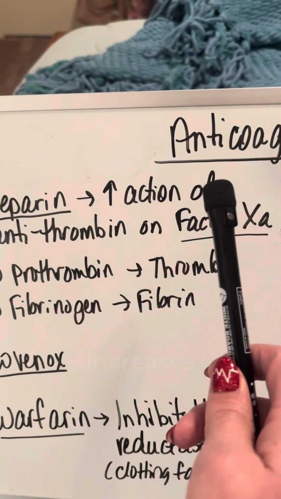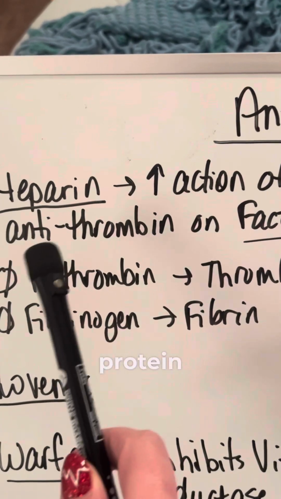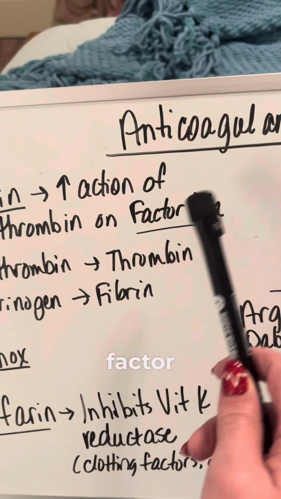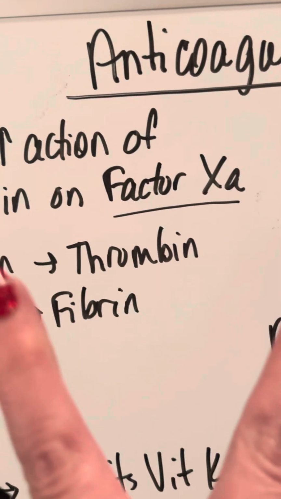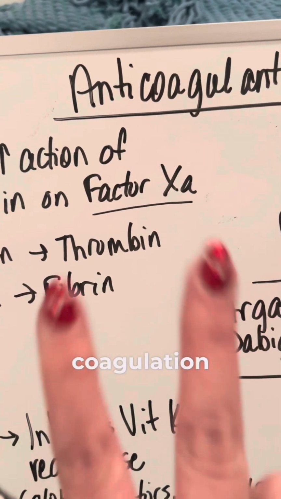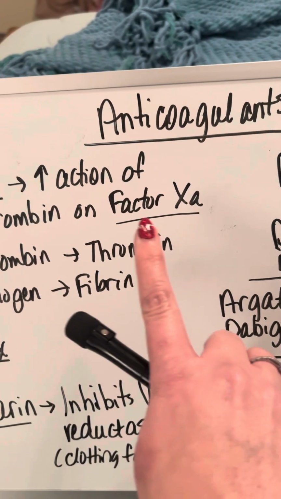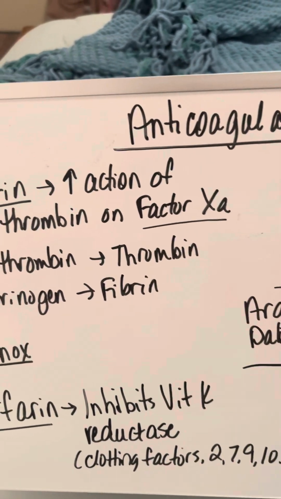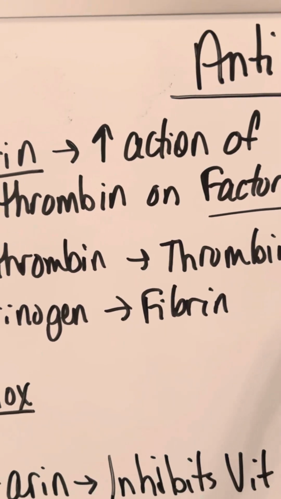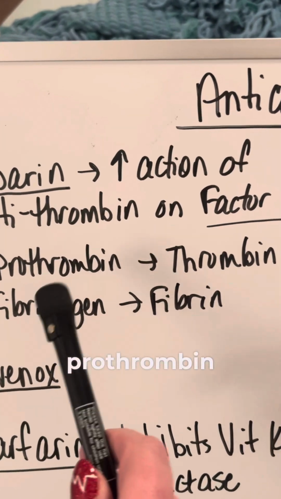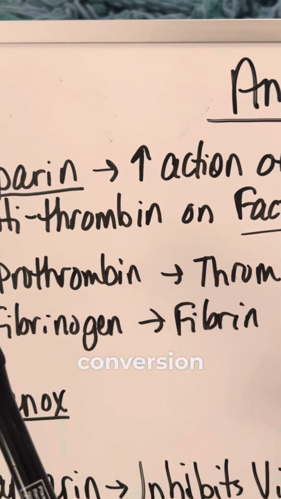Anticoagulants versus antiplatelets. Heparin actually increases the action of a protein called antithrombin on factor 10A. And remember, factor 10 is where the two pathways of the coagulation cascade meet. And the A here just stands for activated. By increasing the action of antithrombin on factor 10A, it prevents the conversion of prothrombin to thrombin and the conversion of